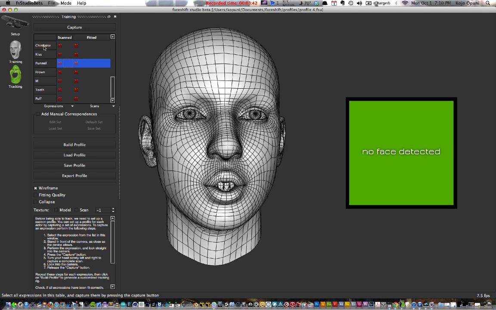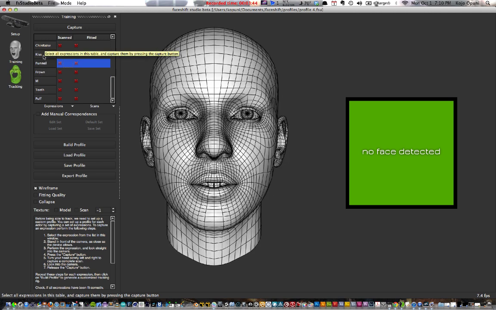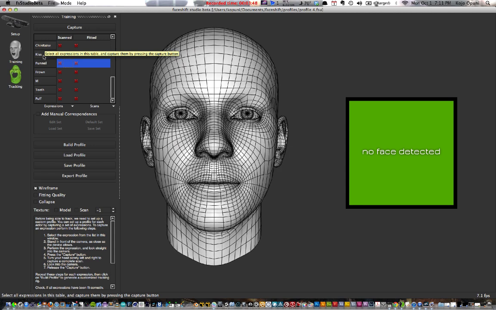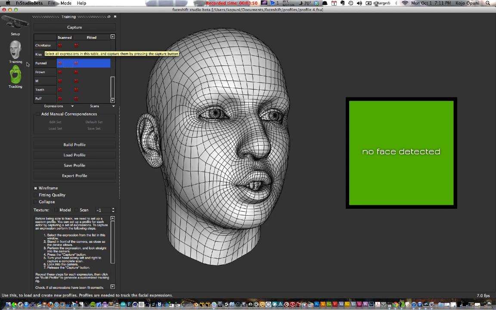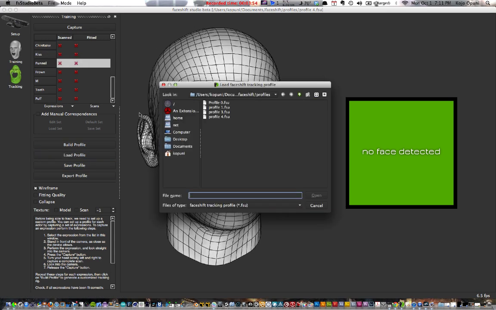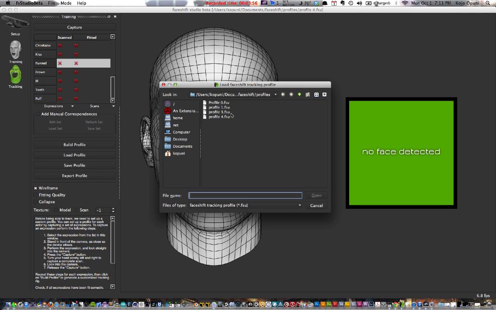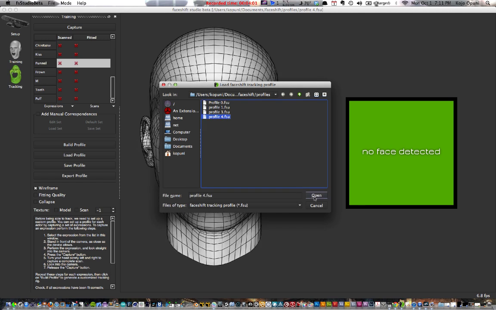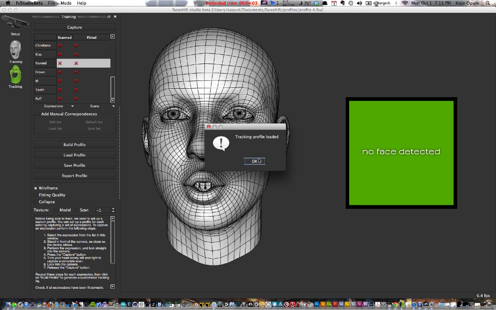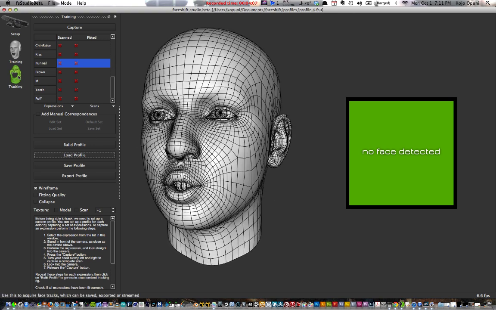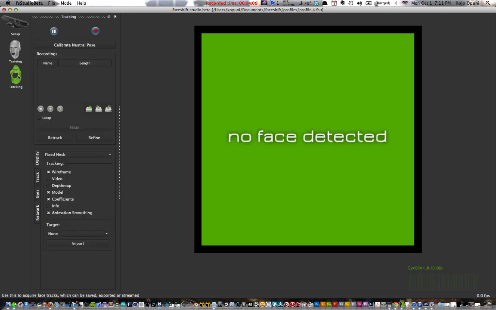And once you go through all of these expressions and capture all of them, everything's pretty much explained in the tutorial. You build your profile. I actually did this several times, and some profiles are better than others, so it takes a little bit of trial and error to get it right. The one that I have is not perfect, but it will do for this demo. So go into tracking,